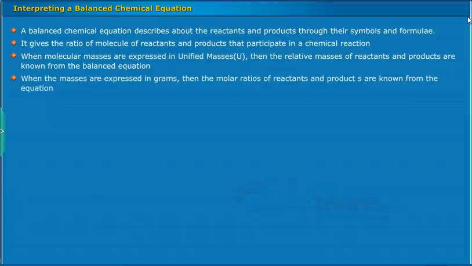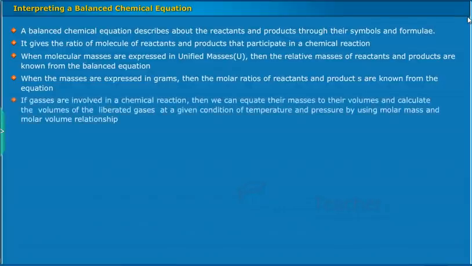When the masses are expressed in grams, then the molar ratios of reactants and products are known from the equation. If gases are involved in a chemical reaction, then we can equate their masses to their volumes and calculate the volumes of the liberated gases at a given condition of temperature and pressure by using molar mass